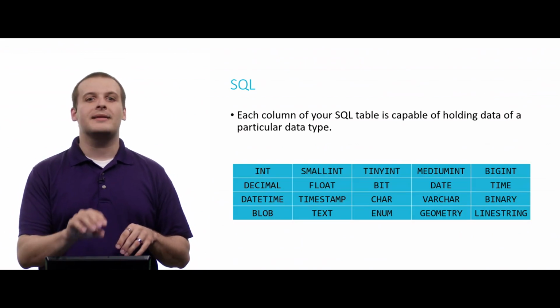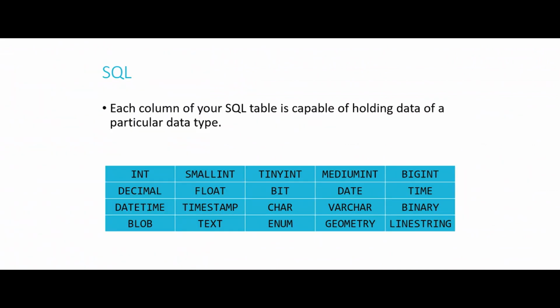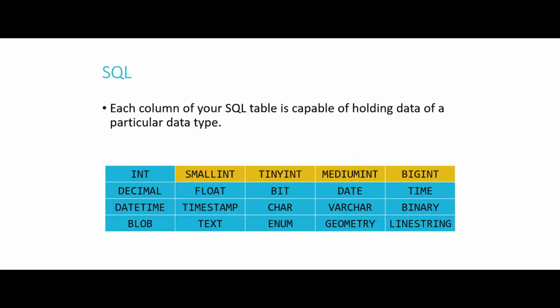This is just 20 of them, and this is not even an exhaustive list. But some of these things should look familiar. So for example, we have int, which can store integers. But we also have these 4 other types, which can hold integers with different upper bounds. So you may recall from C that the upper bound of an integer is 2 to the 31st power, or 2 to the 32nd power if they're unsigned integers. But here we can say small ints, or tiny ints, or medium ints, or big ints, each of which have different upper bounds on the values.